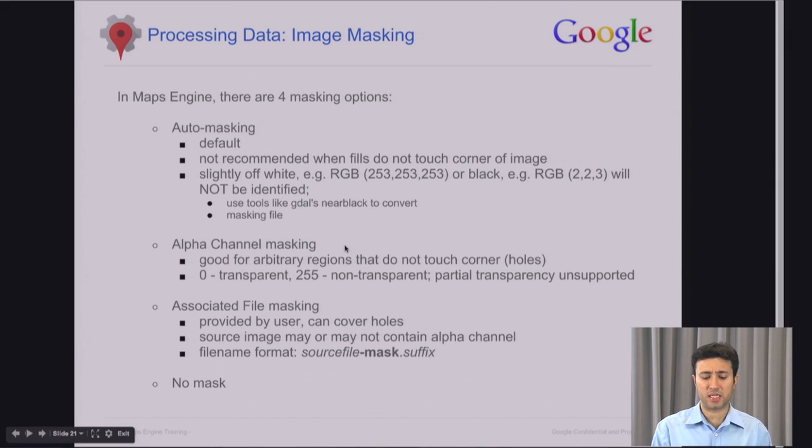The second option is alpha channel masking. For some files, along with the RGB channels, you also have an alpha channel. So for each pixel where you have the values for RGB, you also have another channel, which we call the alpha channel, which specifies whether that pixel is supposed to be transparent or not. So this is a good method that you could explore when working with imagery data where auto masking will not be such a good